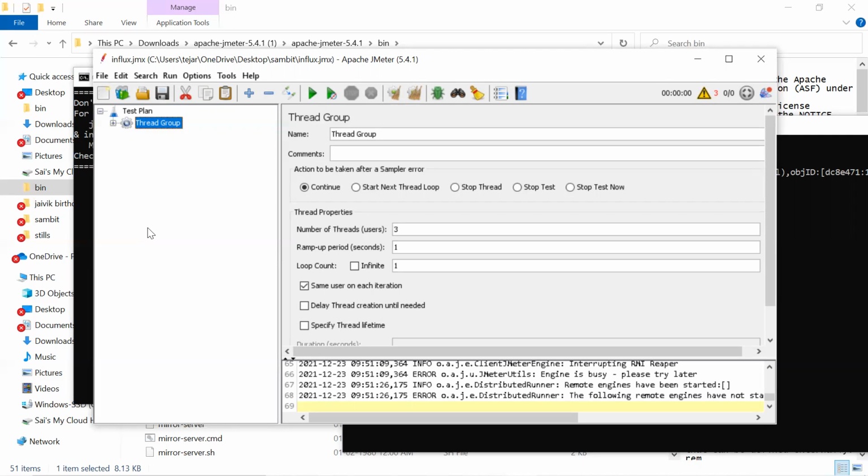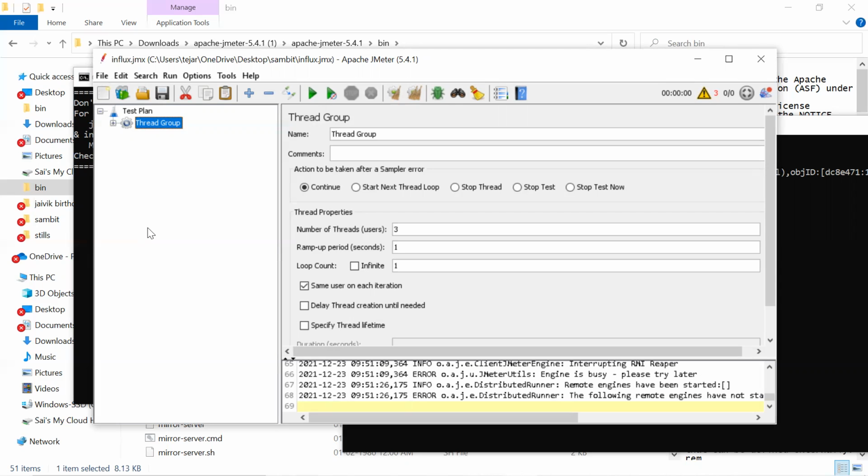One more thing: if one is Windows and one is Linux, you may get some issues. The OS is different, and the binaries to be installed for JMeter on a Linux machine are different. So it's always advisable to use either all Windows or all Linux.